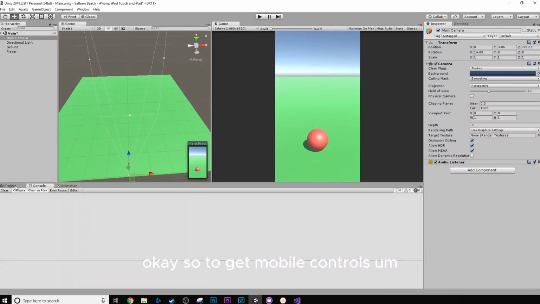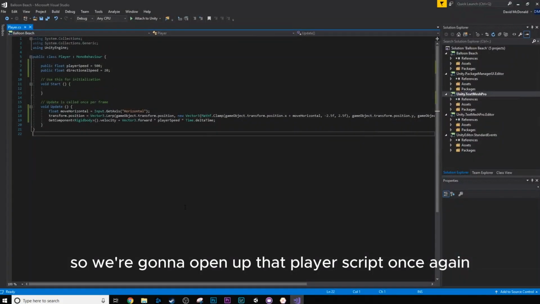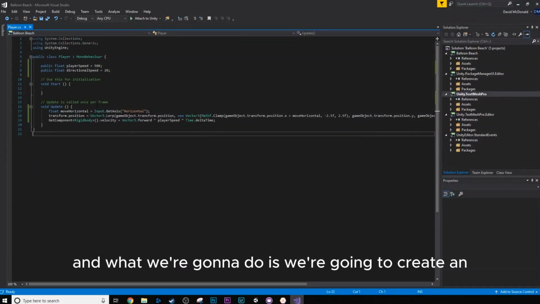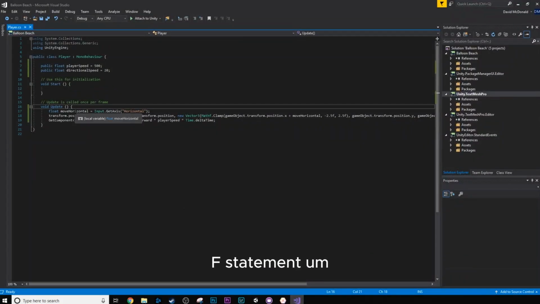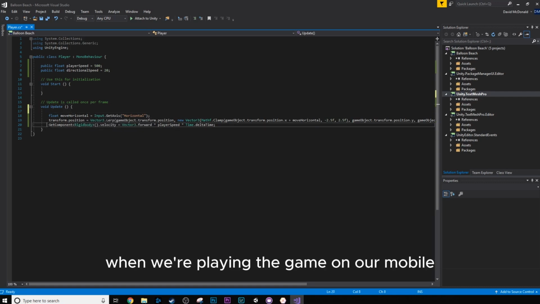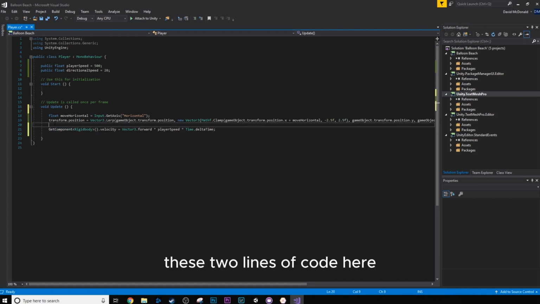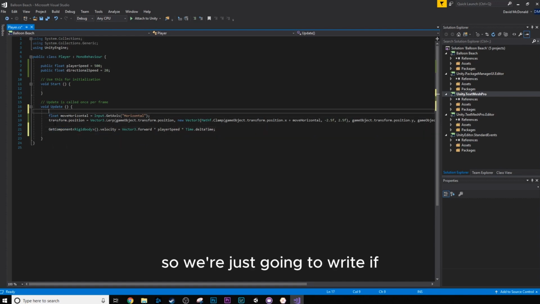Okay, so to get mobile controls working, it's actually pretty easy. So we're going to open up our player script once again. And what we're going to do is create an if statement just in the Update here. The reason we're doing this is because when we're playing the game on our mobile, we don't actually need these 2 lines of code here. So we're just going to write